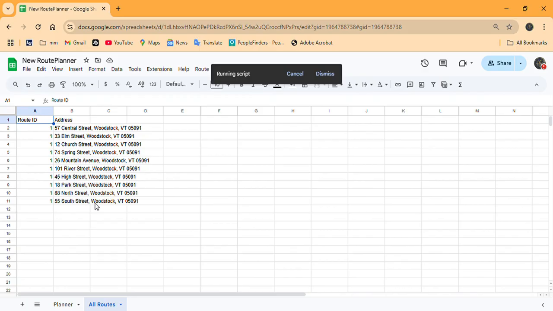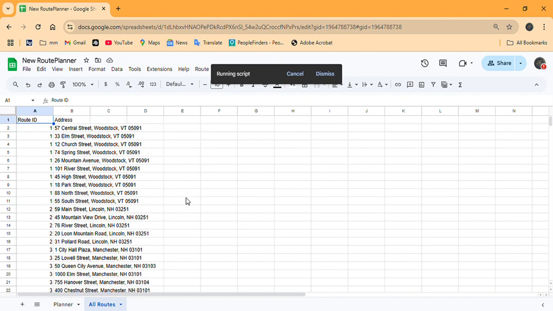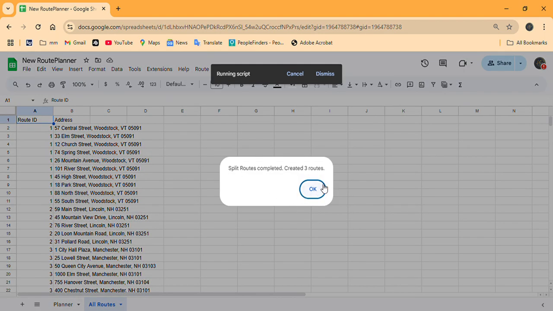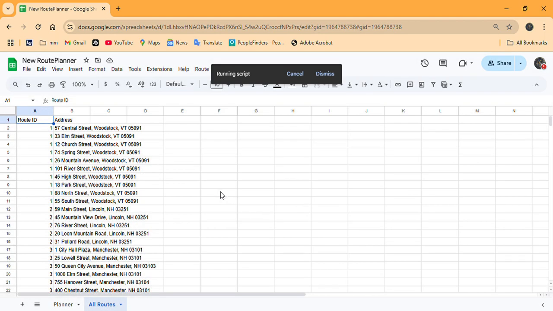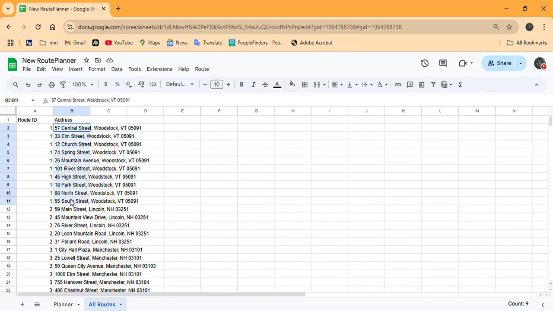So this is going to cluster Woodstock, Vermont addresses together. It should cluster Lincoln, its own section, and the same for Manchester. The routes have been completed. 3 routes are done. So the next section, until I update this, you go through and you just copy all